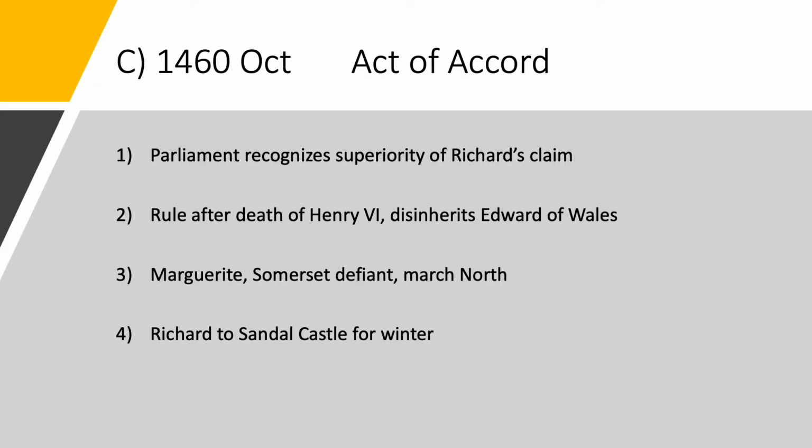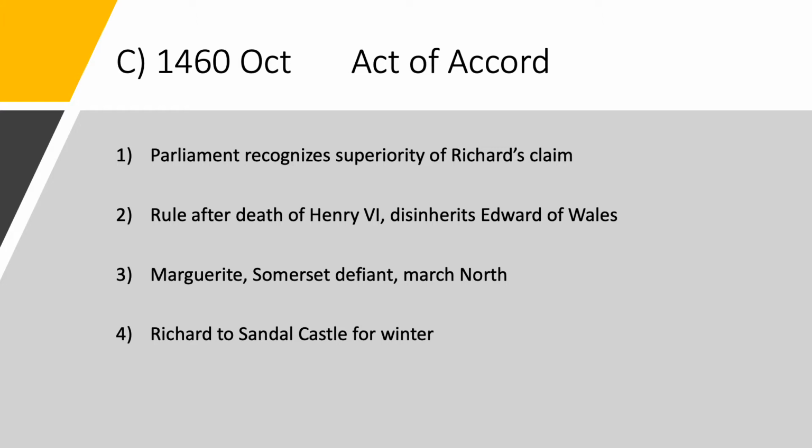So in 1460, Parliament intervenes and tries to provide a diplomatic legislative solution, passing the Act of Accord. Essentially what it says is, look, we recognize that dynastically speaking, Richard of York has a better claim to the throne than Henry, but Henry is the third in the Lancastrian line. And so you're not just going to depose a sitting king. At least not this time.